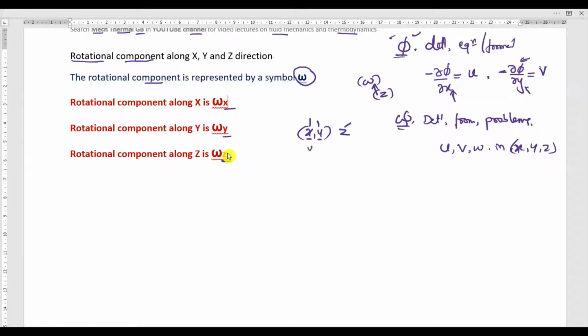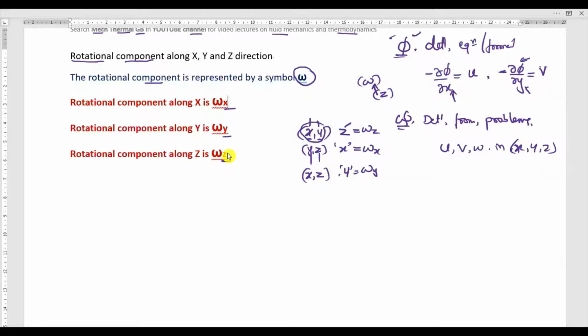For example, if you consider the y and z plane, the y and z axes rotate along the x axis. For this, I will write the omega x equation. Similarly, for the x-y plane I will write the omega z equation. You need to choose the plane and which axis it is rotating about. Similarly, the xz plane rotates along the y axis, then I will write the component along the y direction. Understood? So there are three equations, and we will write them one by one.